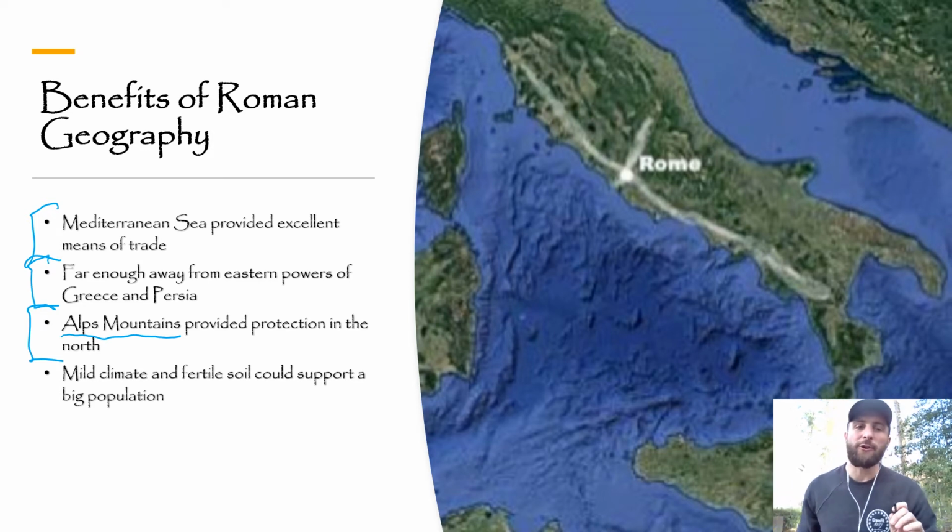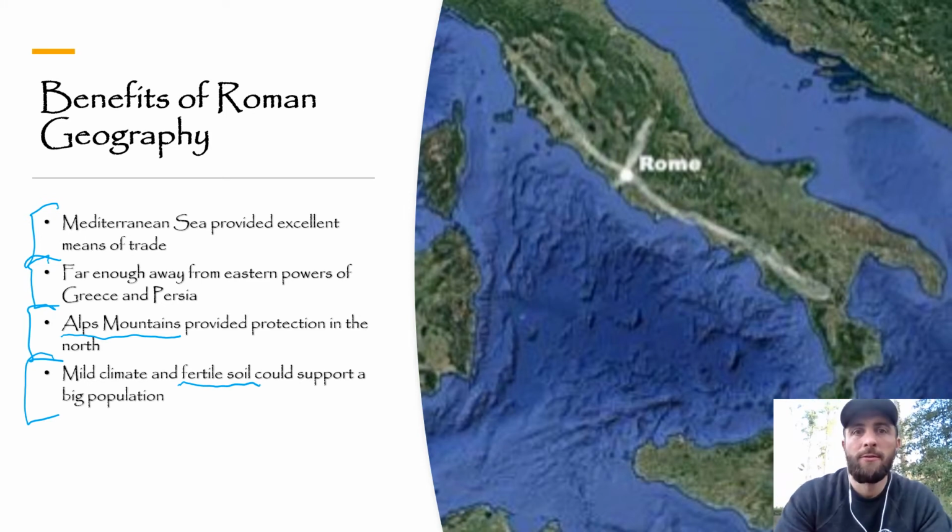Finally, I want to talk about the climate that they had in Rome. Their climate was very, very similar to what we studied in Greece. If you remember, the Greeks had a very mild climate. It was warm. They were oftentimes known to go outside and wear loose clothing and interact and socialize with one another a lot because their climate was so nice. The Romans had a very similar climate, but they had one big advantage over the Greeks: